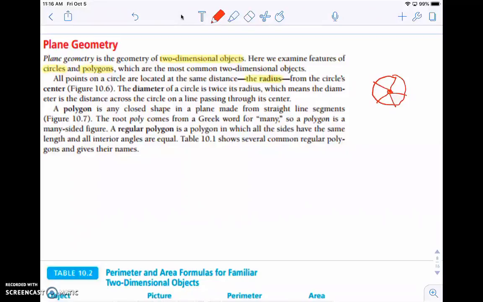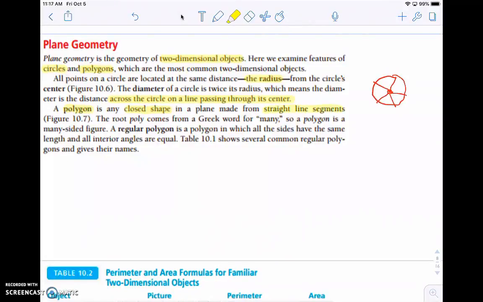Okay, the diameter is twice as long as the radius, which means the diameter goes across the circle and passes through its center. So that's the key thing for the diameter, is it always has to pass through the center there. Now when we look at a polygon, it is any closed shape on the plane